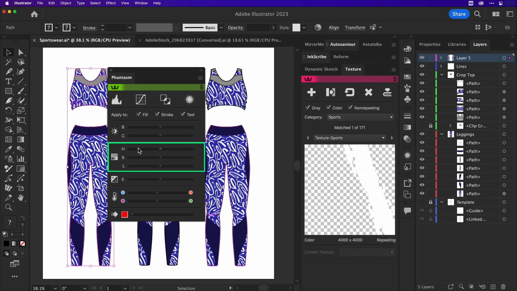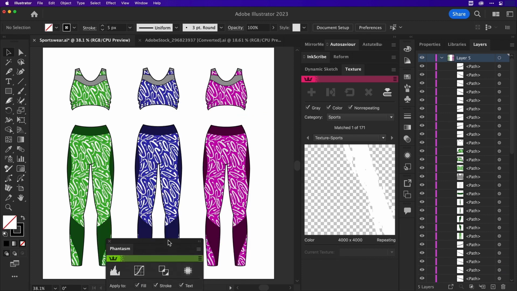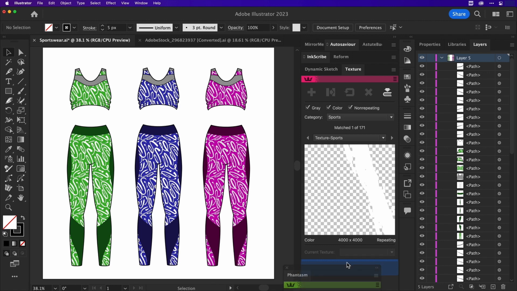If you've made a pattern in Illustrator or in Photoshop and then you want to make a variation, it usually means that you have to travel back and forth into Photoshop or to other files to make those variations. Well, what Phantasm is doing is bringing that functionality into Illustrator non-destructively. And what I mean by that is that it's just an effect. It doesn't alter what's underneath, it's just adding hues, which you can easily turn off and adjust. It even works on embedded images. So with a few simple clicks, we've created some colour variations all within Illustrator.